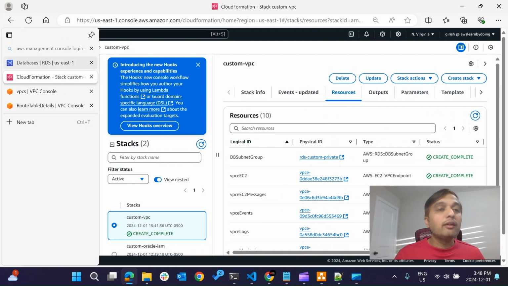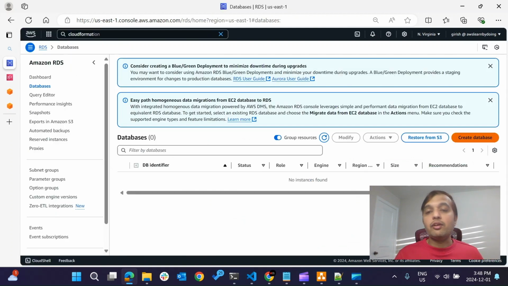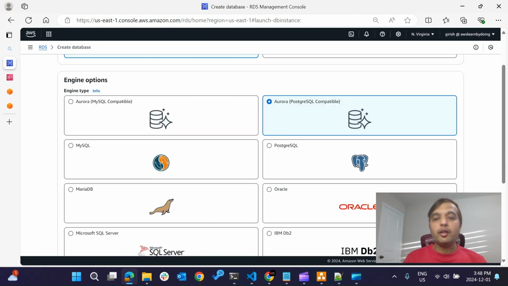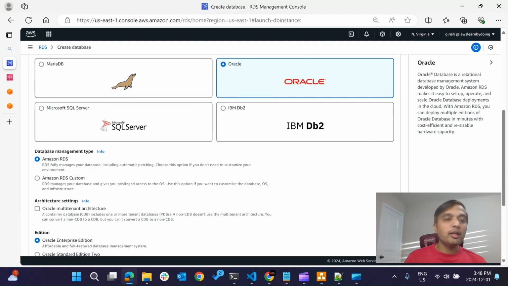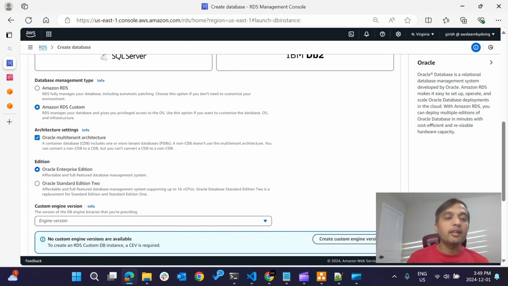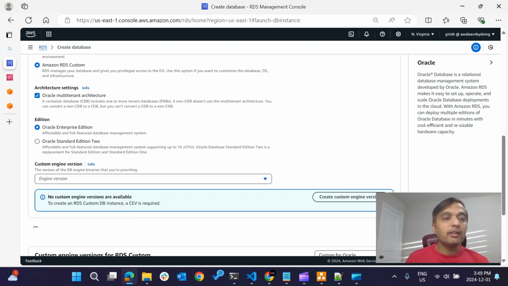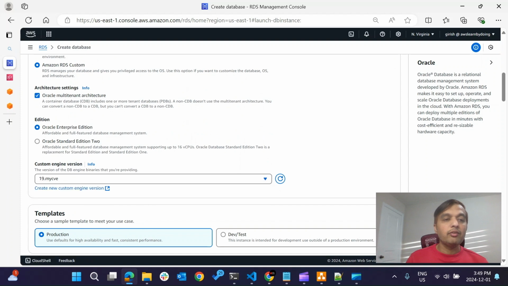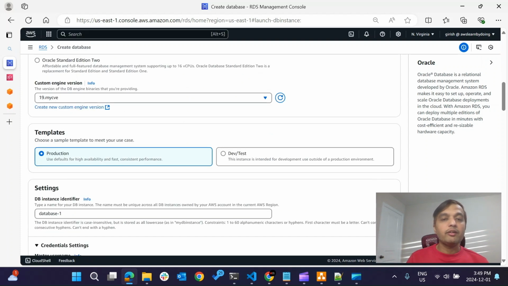So let's go ahead and create the instance. Okay, so I clicked on create database. I chose the Oracle engine, then Amazon RDS Custom. By default it chooses CDB. Keep it as is because we have created the CEV with this architecture. Get the CEV name, create dev test,